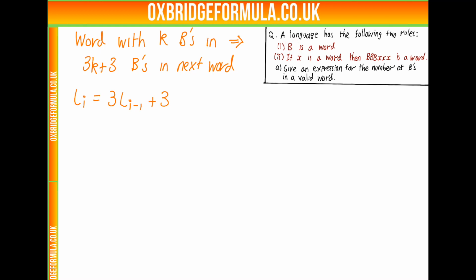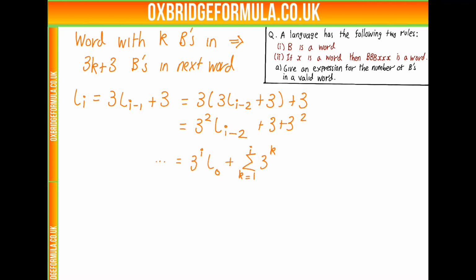So how do we get anywhere from here? Well, we know that essentially this relationship is true for Li minus 1. So if we substitute that in, we have 3Li minus 1 plus 3 is equal to 3 times 3Li minus 2 plus 3 plus 3. So just substituting this into here, but for i minus 1. Which implies this, 3 squared Li minus 2 plus 3 squared. And you can probably see where this is going, because if we did this again, we'd do a similar thing, and if we did it i times to get to L0, because we know what L0 is,